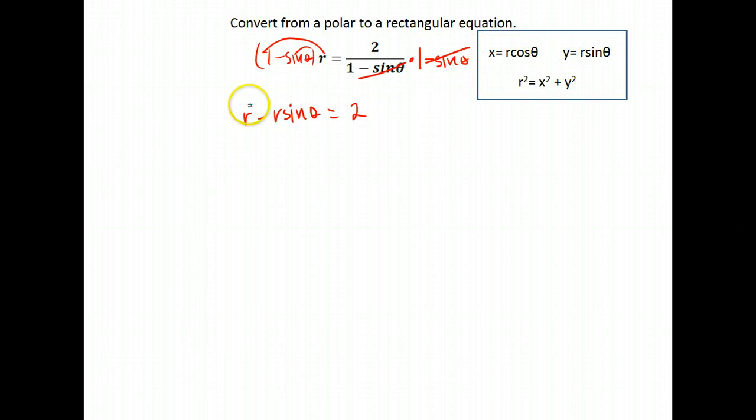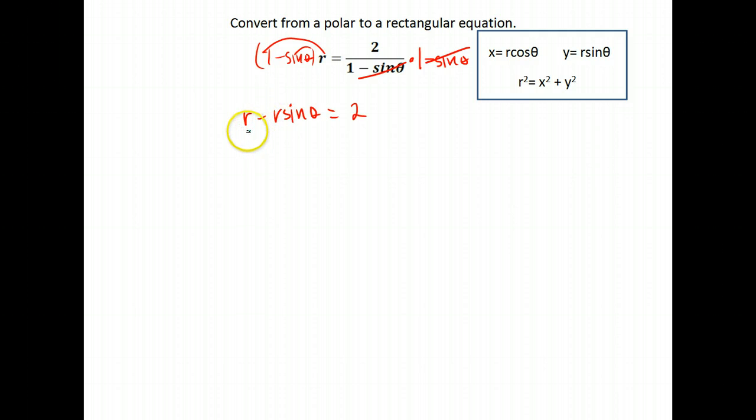But I still have the problem that I have an r that's not squared. For my substituting, I need an r squared. Okay, so again, our options to get an r squared were either to take everything times an r or to square both sides. Now notice if I take everything times an r, that will leave me with a 2r here, which is a problem. It would also leave me with an r squared sine theta, which is a problem. R squared sine squared is fine, but just plain r squared sine wouldn't work out very well. Okay, so what we're going to do then